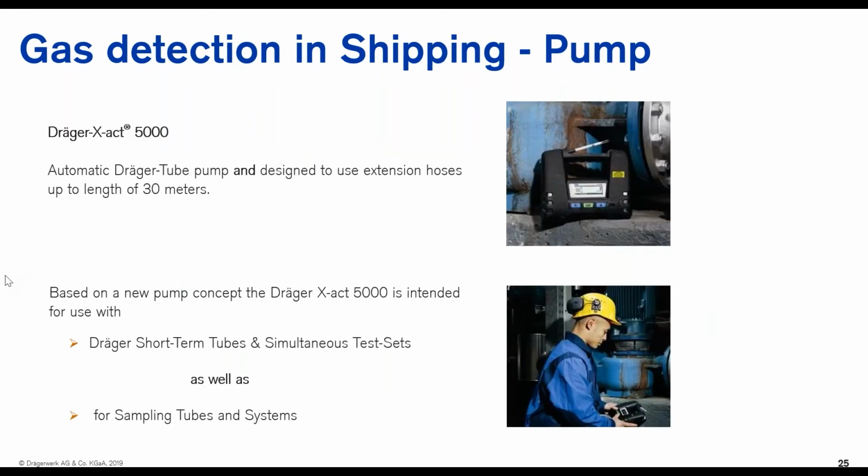So next we look into the XZ5000. The Dräger XZ5000 is an X-approved automatic pump system. The key principle is the electronic pump control for using Dräger short-term tubes and performing sample taking with sampling tubes and systems. The pump control provides the required flow characteristics of the Dräger short-term tubes. Compared to the Dräger Accuro pump, this new concept reduces the average measuring time of the Dräger short-term tubes, especially those with a high number of strokes.